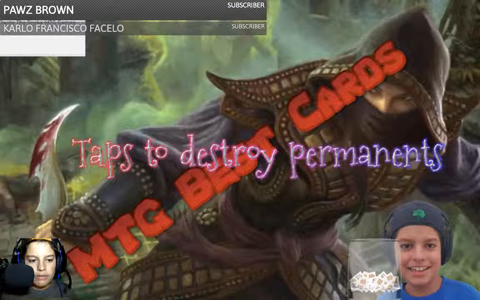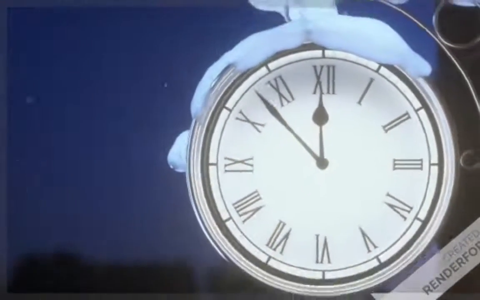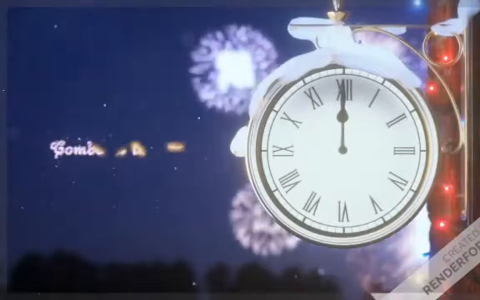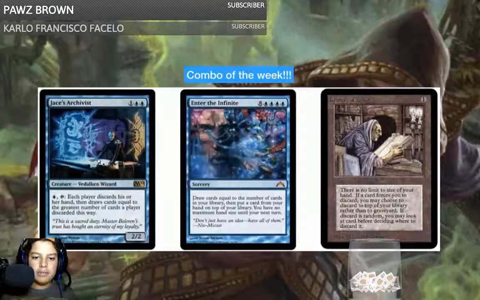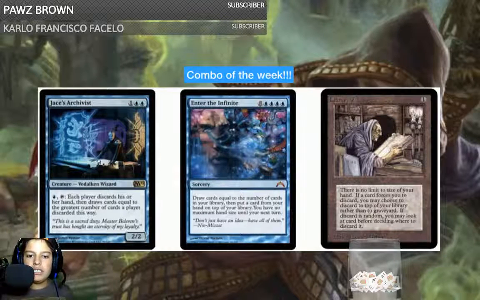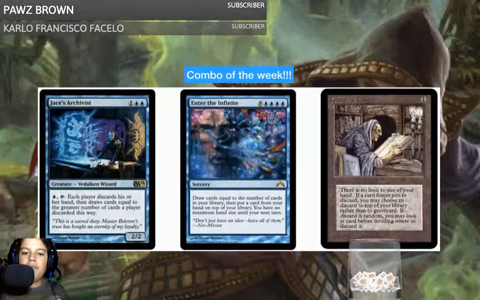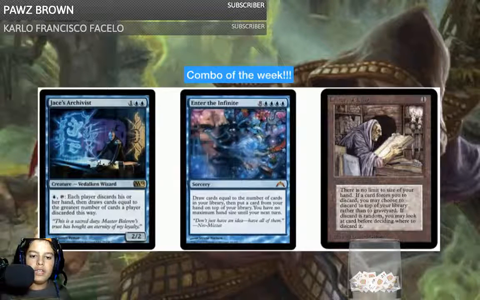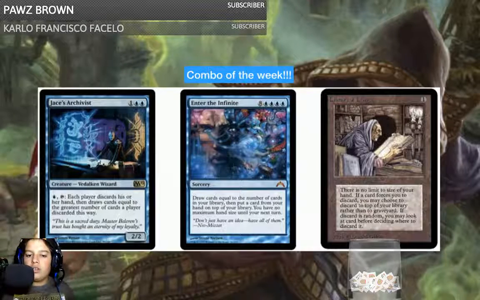So let's just go first into the combo of the week, and it is Jace's Archivist, Enter the Infinite, Library of Leng. So the combo is you just deck everyone out. So how it works is, turn 1, get Library of Leng out. Turn 3, get Jace's Archivist, and then just wait 9 more turns to then play Enter the Infinite. Or do it on turn 12, then draw the next card on turn 13. So how you do it is, you use Enter the Infinite, draw out your whole deck, then